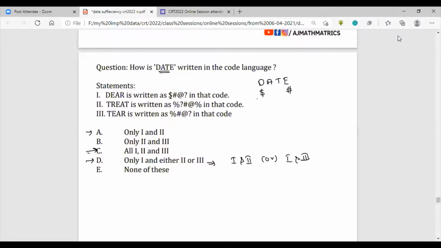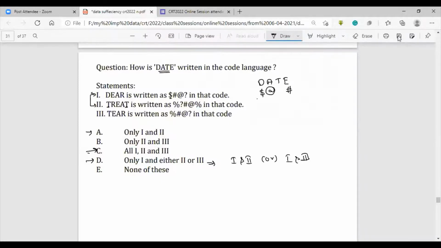And A code. A code is what? At the rate. I can get that also. And here we don't have a T. Now, but the first option says 1 and 2. So if you combine these two, then you will get the code for T. What's the code for T? Percentage. Okay. So 1 and 2 are sufficient.